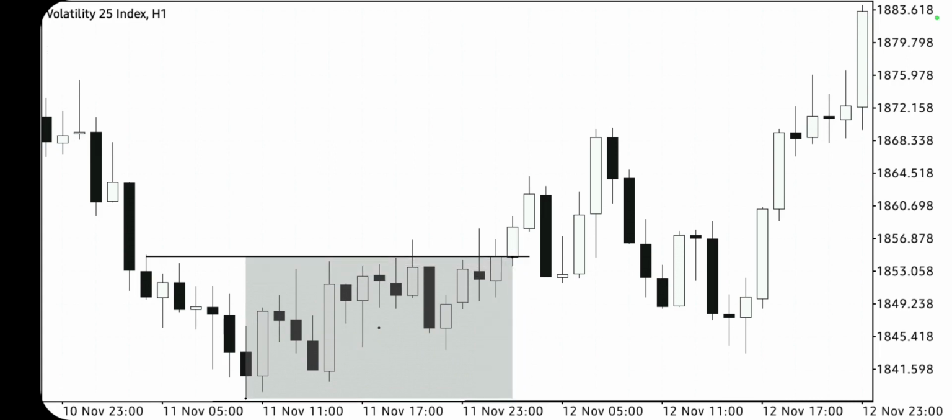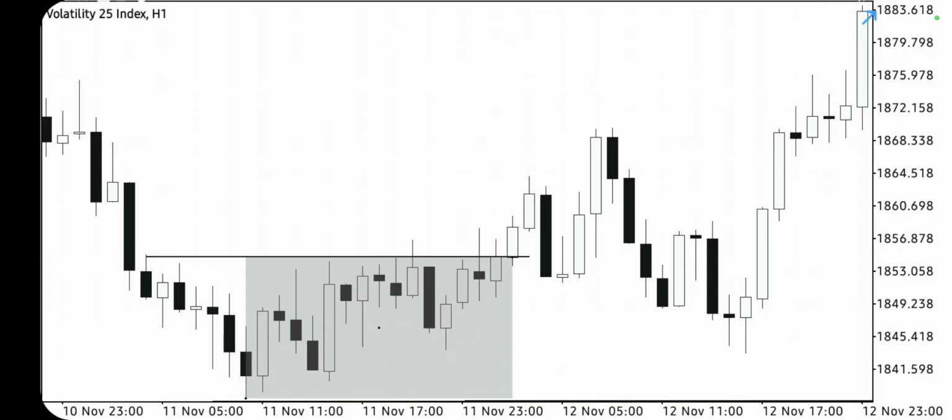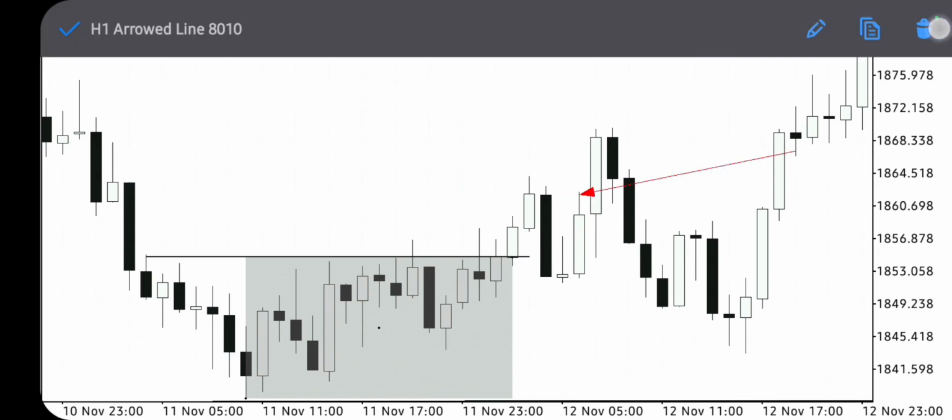This is where your POI will be lying on. You mark out the first break of structure for a retracement. Then from this particular swing point to where we had the change of character, that is where we are marking out our secondary